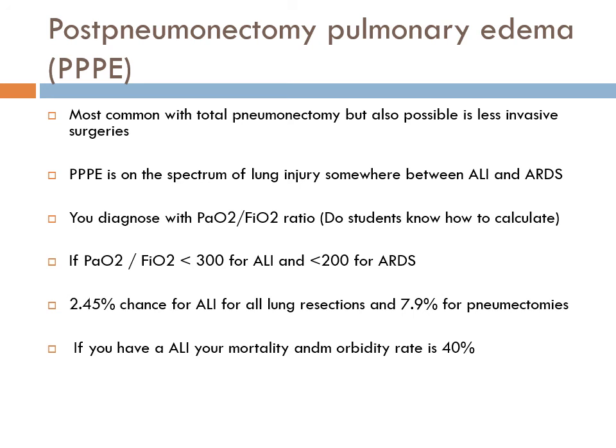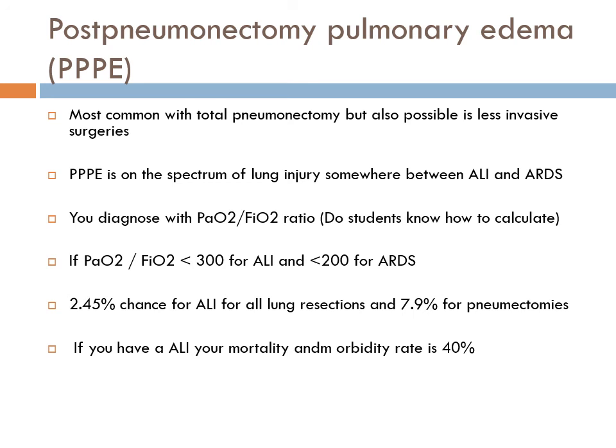You can call it whatever name you want. It's not good. You have a risk for acute lung injury after all thoracic anesthesia, because you're doing all this stuff, you're messing with the lungs. And ALI is not good, right guys? You can get ALI from blood transfusions, doing a back case. Bad for your lungs, increases your morbidity and mortality significantly. Sorry for the misspelling on the slides. So it is important. It's almost 3 times more likely, or 2.5 times more likely, with pneumonectomies,